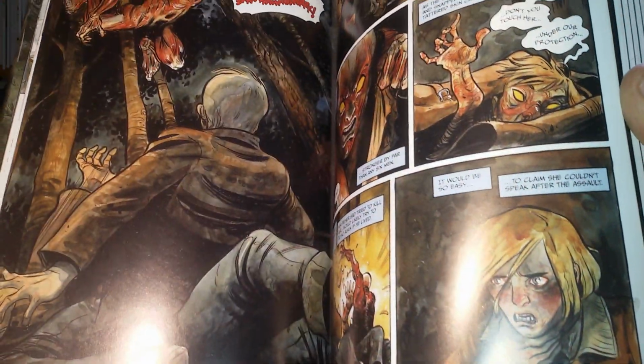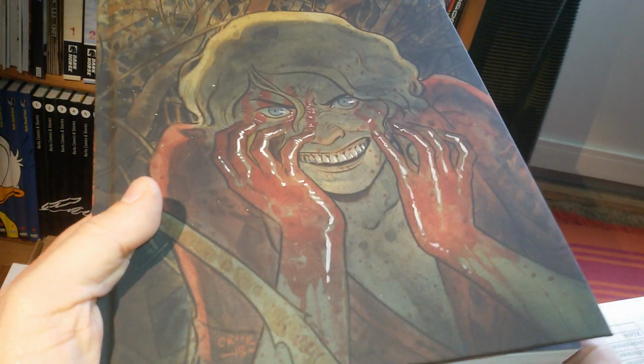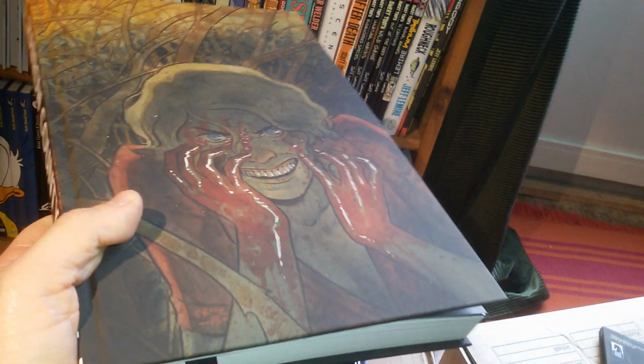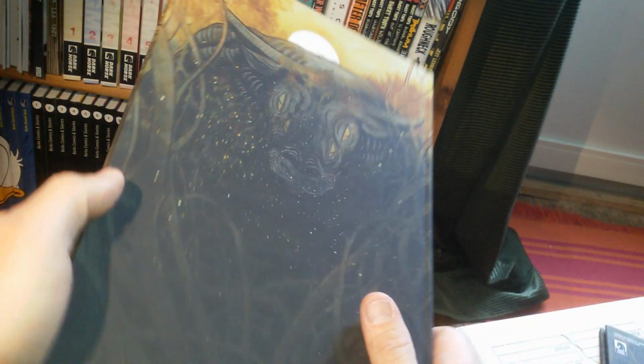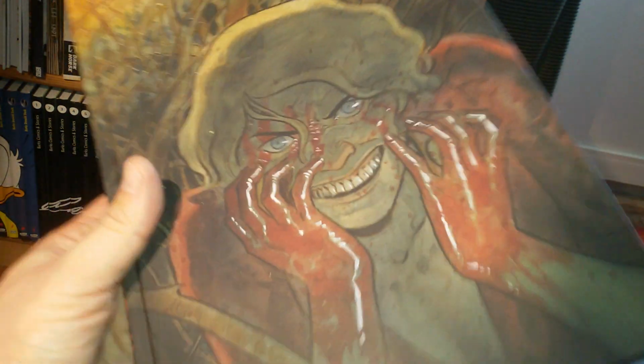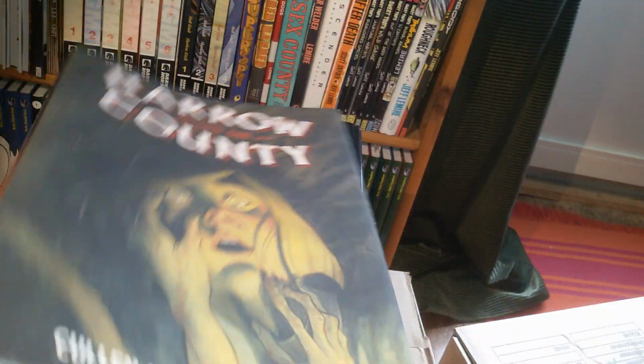Yeah, wonderful. And to give you the last hint why you should buy this book, look at the cover here. Wonderful. The only thing I have to complain about is that the binding is sturdy, but a bit tight. Regardless, wonderful comic, and